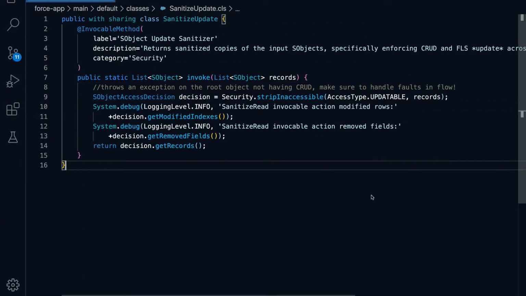Here, you'll see an Apex class that I've written already called Sanitize Update. You see our invocable method annotation here on a static method. You see our label, that it's the SObject update sanitizer. We have provided a description as well as a category. And then we have our static method, which takes a list of SObjects as input and returns a list of SObjects as output. The real core of this method is calling the security strip and accessible method in Apex,